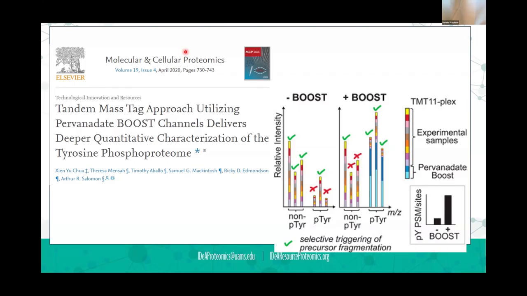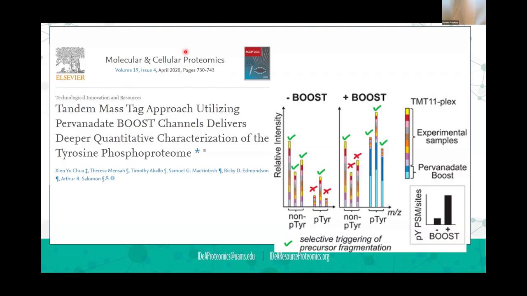And so Art and Shin had the idea that we could do this with phosphotyrosine. We could take a cell and treat it with pervanadate to inhibit phosphatases. And if you do that, you artificially raise the level of phosphotyrosine in that cell. And now you've got a cell lysate that has 10-fold or higher levels of phosphotyrosine. And so we did that and went through a series of experiments and showed that it indeed did work, and allowed us to identify and quantify more proteins.